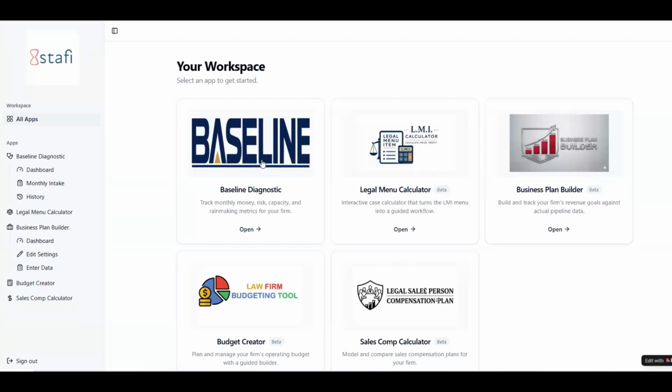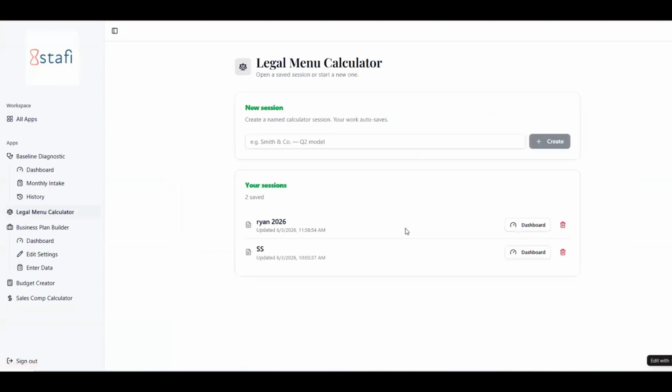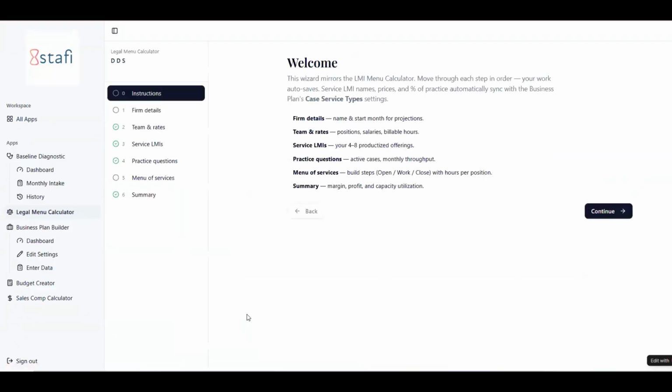We did the baseline, and now we're talking about the legal menu item calculator, or the legal menu calculator, or the LMI, whatever you call it. That's what's next. Now, when you click on the legal menu calculator, it's going to ask you to start a new session, and it'll save every session that you have, and you can always go back to it. I have a law firm named DDS. Now, this is a little bit more complicated to do than the diagnostic, but the work is definitely